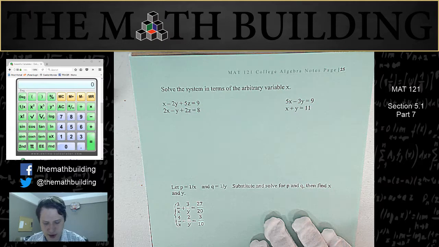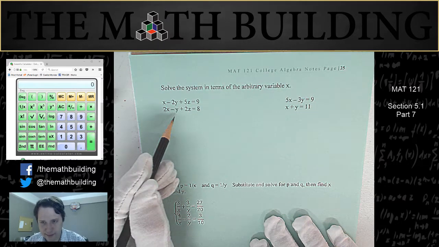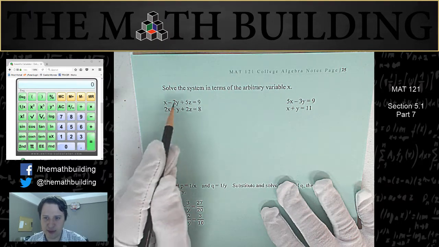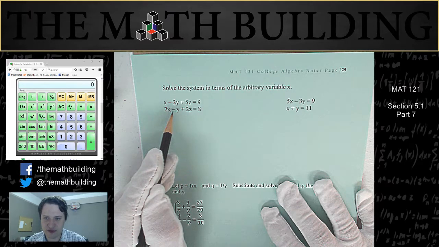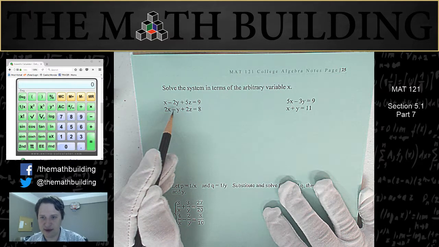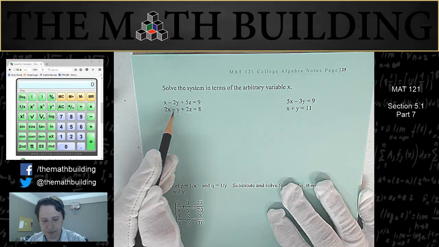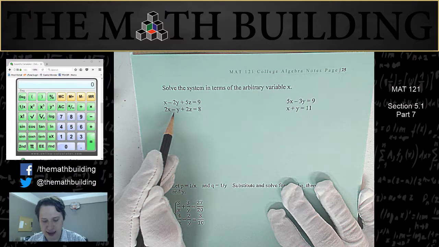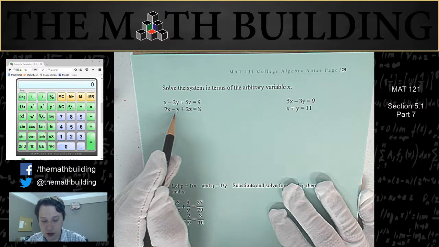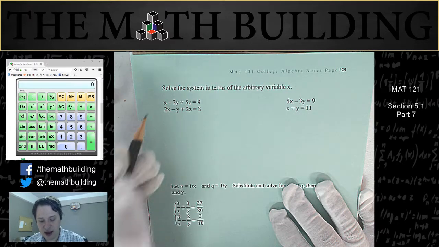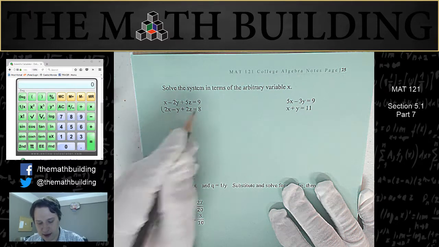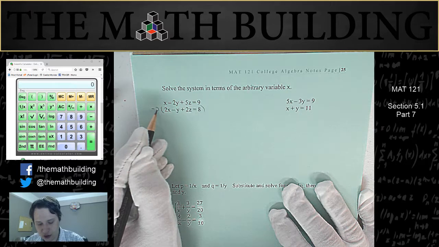So let me show you what I'm talking about. Let's start by eliminating y. I see that I can eliminate y. I have two negatives, so I need to multiply by at least one negative. What I'm going to do is multiply the bottom equation by -2, because then I'll have -2y on the top and positive 2y on the bottom. So let's multiply the bottom equation by -2,